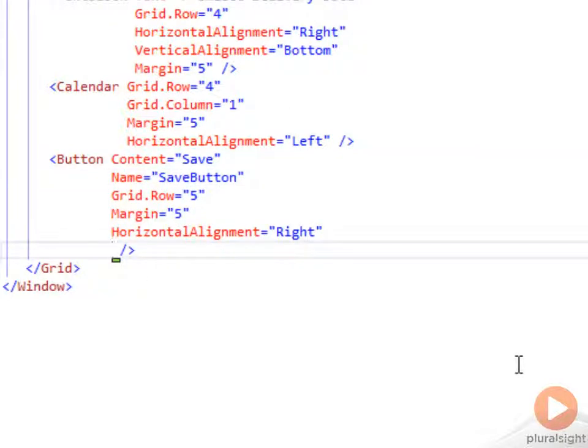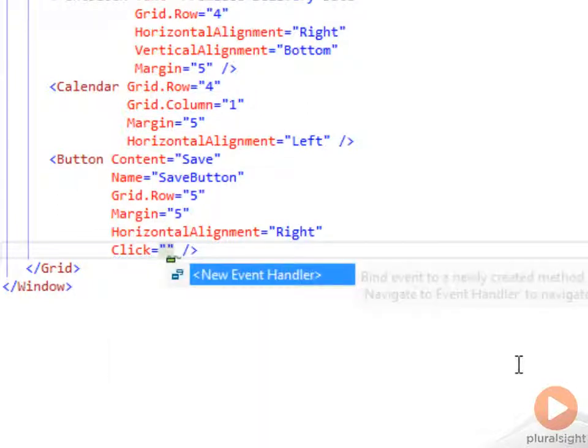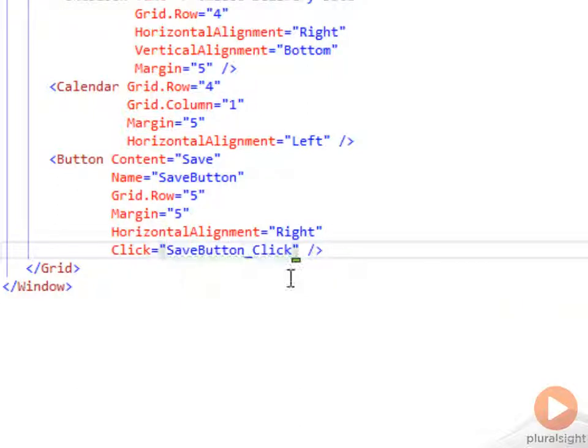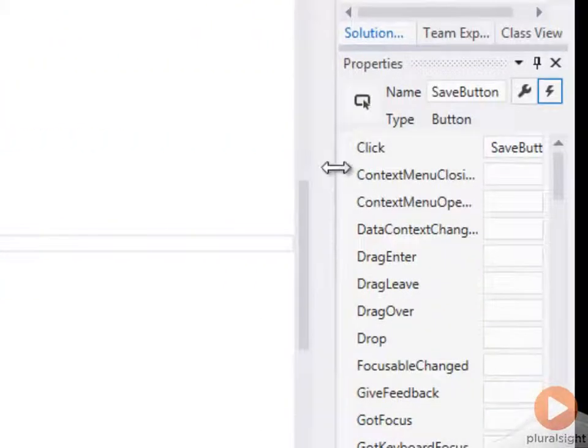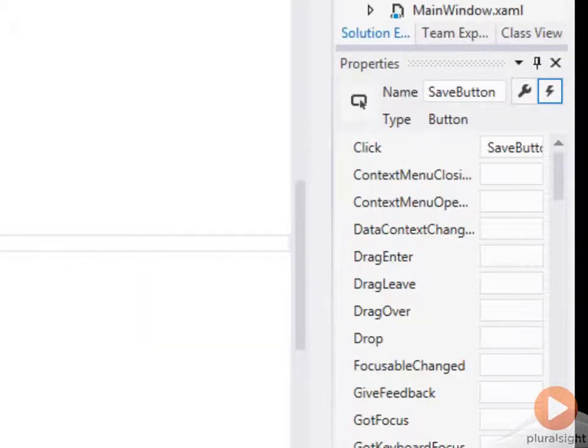Another way that we can add the event handler is manually right here in the XAML by saying Click equals, and again we can type in our own name, or we can just use the new event handler automation from IntelliSense, and if we do that, it will create an event handler for us. Notice this time instead of saying button click, it says SaveButton underbar click. It uses the name as the first part and the event as the second part, separated by an underbar. And notice that that shows up in our click event handler window in the Properties window. In the code behind,